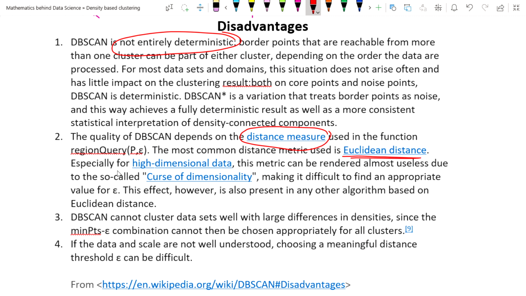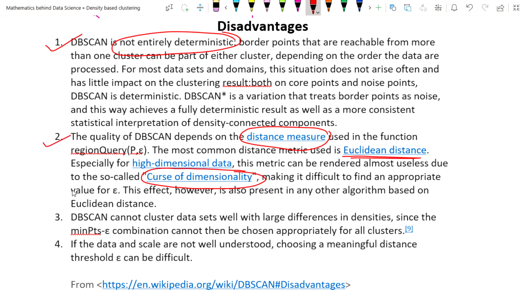Especially for high dimensional data, the metric can be rendered almost useless due to the so-called curse of dimensionality, as faced in this scenario of high dimensional data. So the first disadvantage is that it's not entirely deterministic, and the second is that it depends on the distance measure. For high dimensional data we have to face the curse of dimensionality problem.